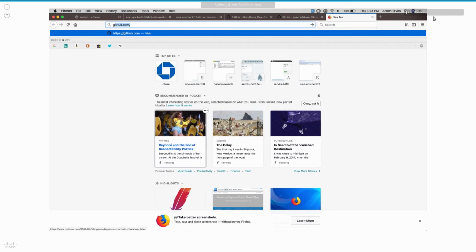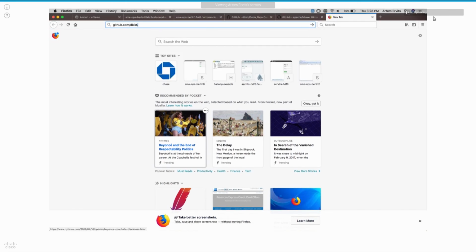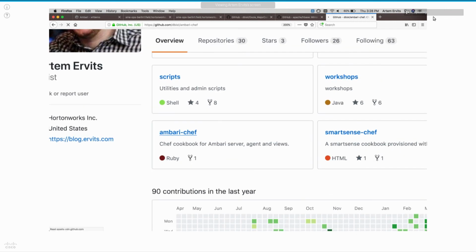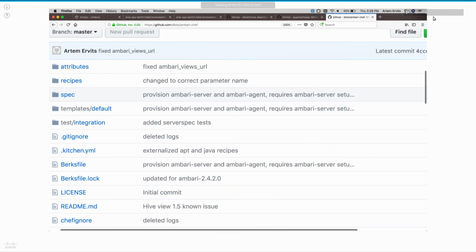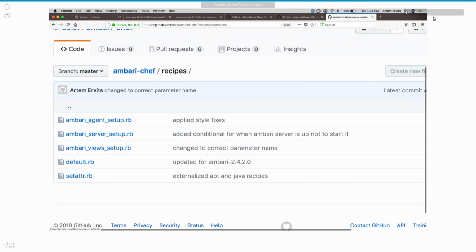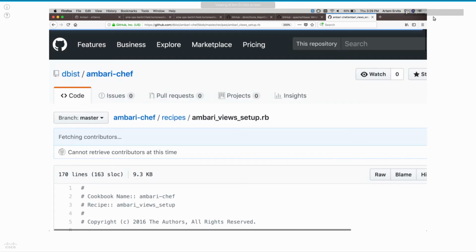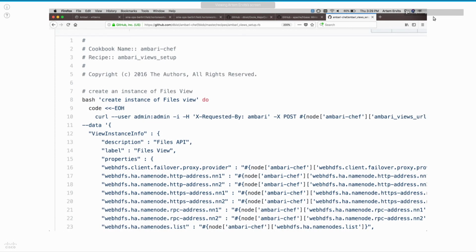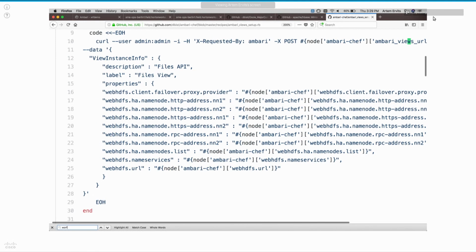And since we aren't using Ambari to manage the cluster, there's no GUI to configure the endpoints on our cluster. So we end up calling the REST APIs to Ambari. Ambari is 100% REST API driven, much like Oozie, where the Oozie command line is all REST behind the scenes. But in the case of Ambari, when we set it up, we have to actually call all those REST APIs to tell it where the name node lives, where the Oozie URL is, and all of that. And should we reconfigure anything on the server, our Chef code takes care of it for us, but something has to call that REST API and update it.